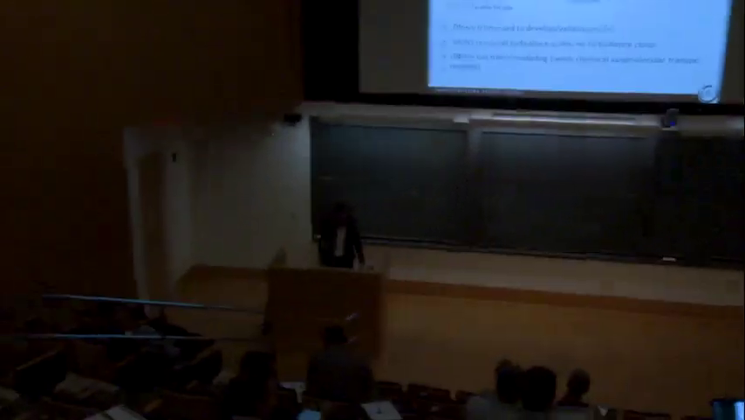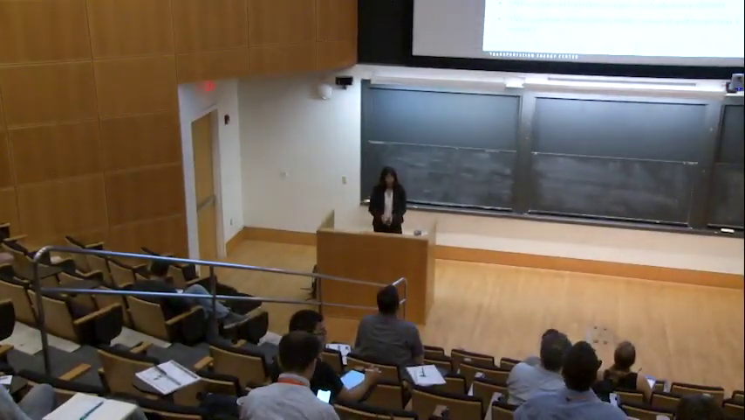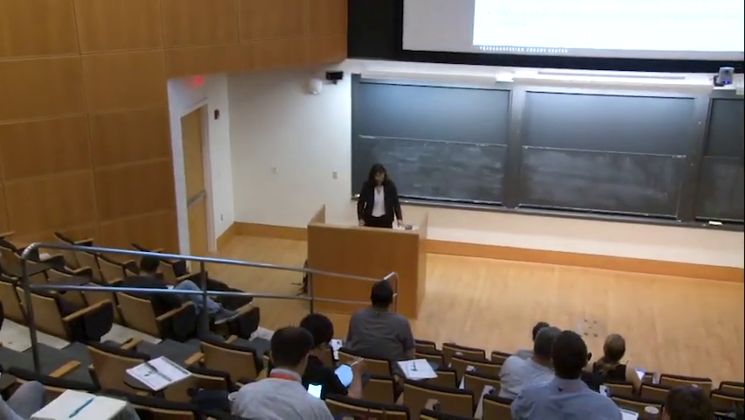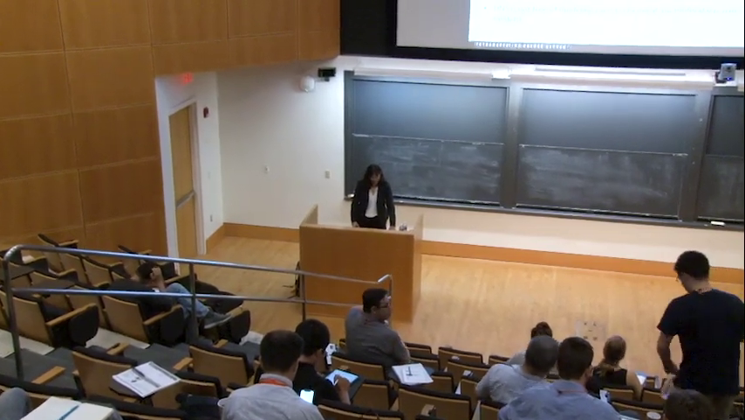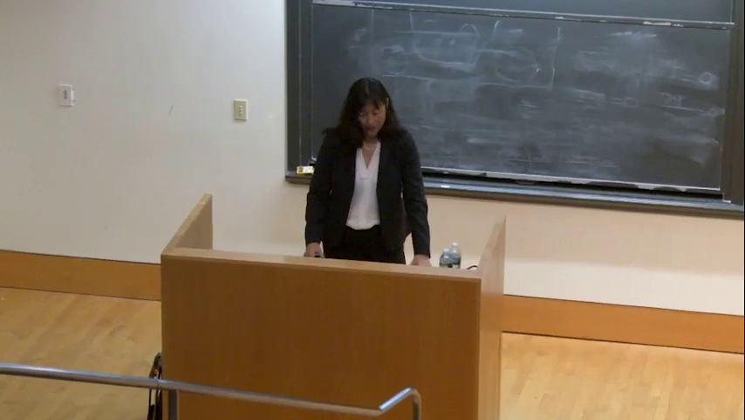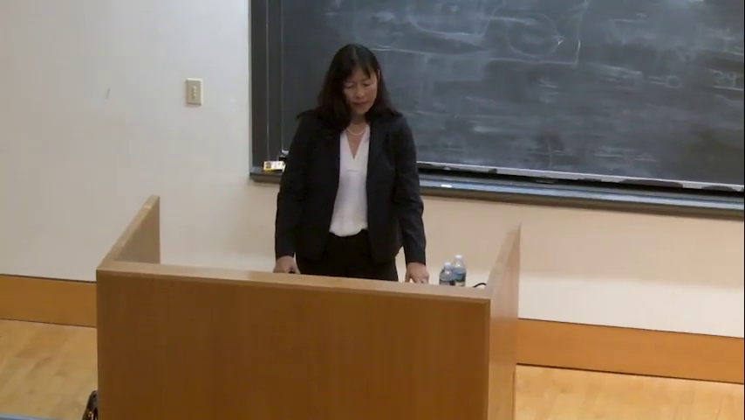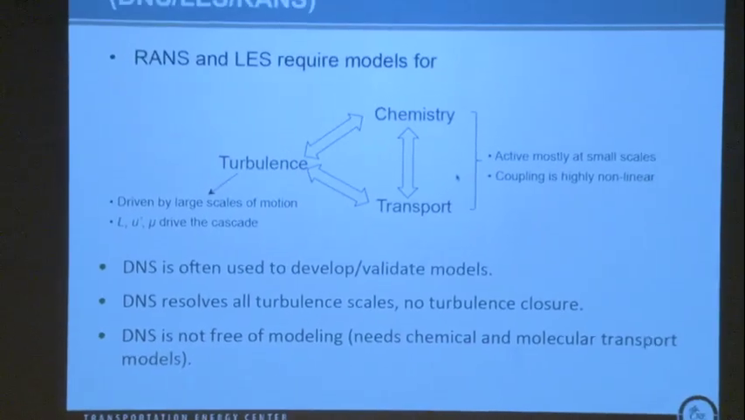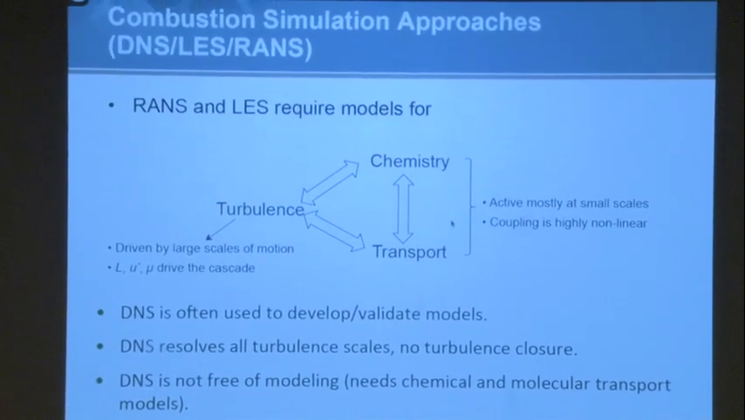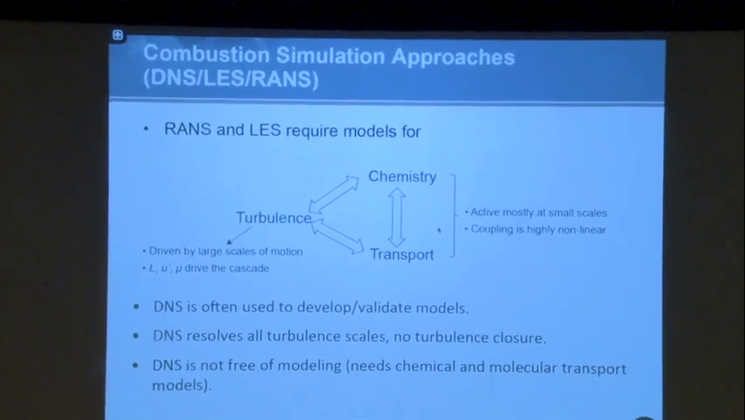Combustion simulation approaches are DNS, LES, and RANS, and RANS and LES require models for turbulence, chemistry, and transport. DNS is used to glean fundamental mechanistic understanding. It's also used to develop and test models, both in an a priori as well as in an a posteriori